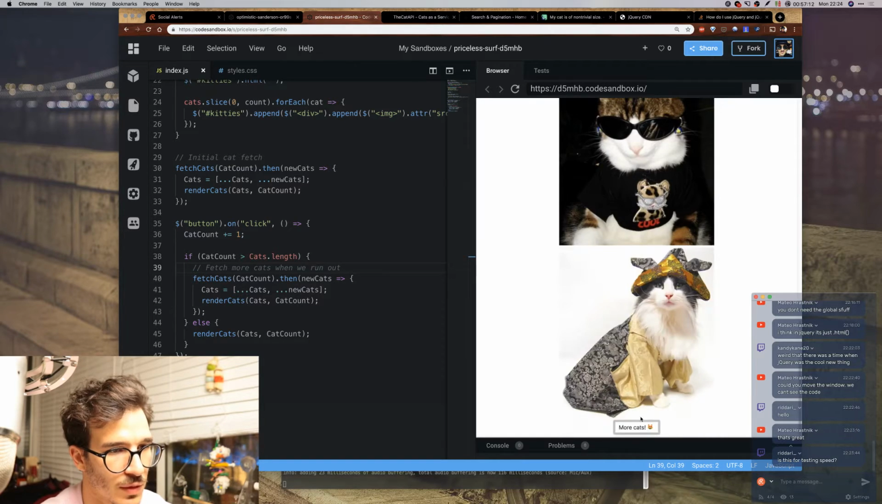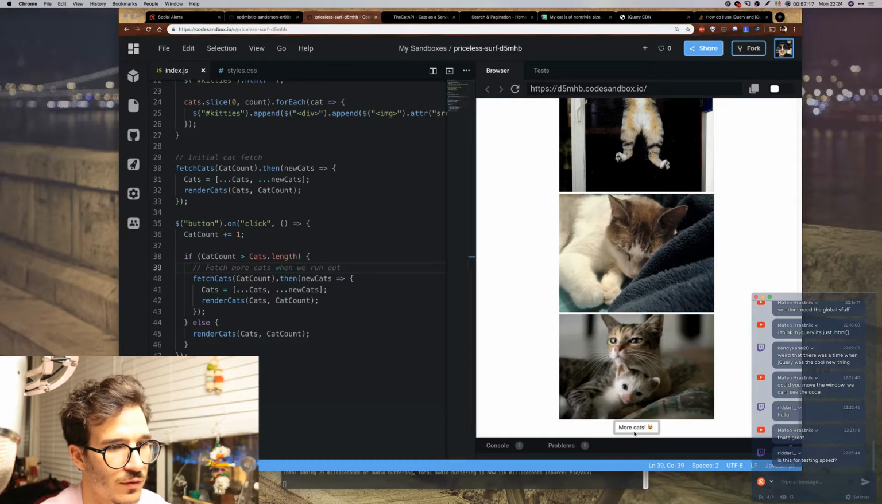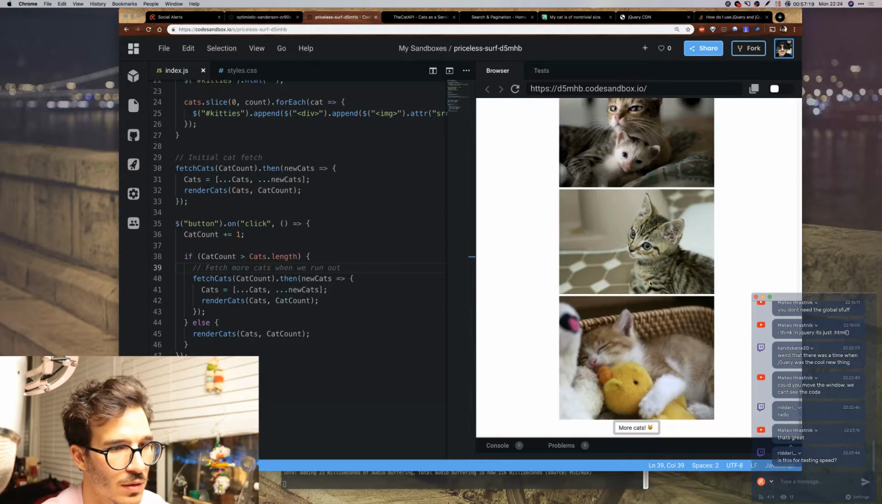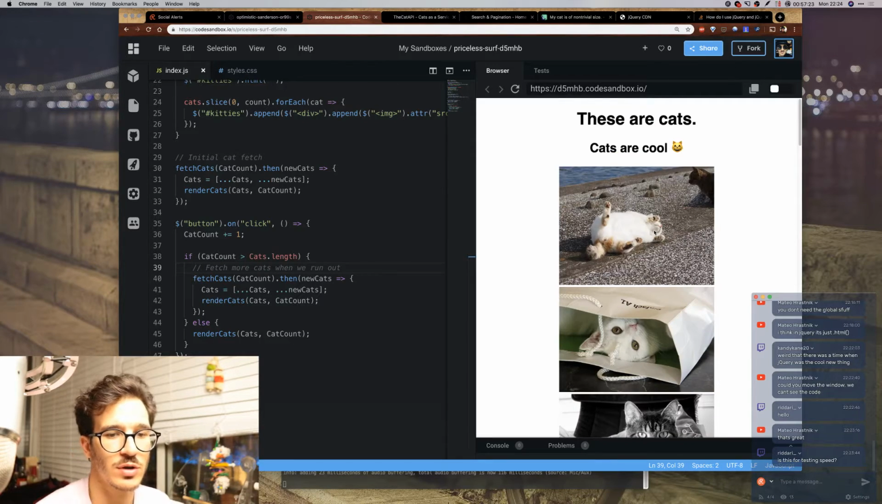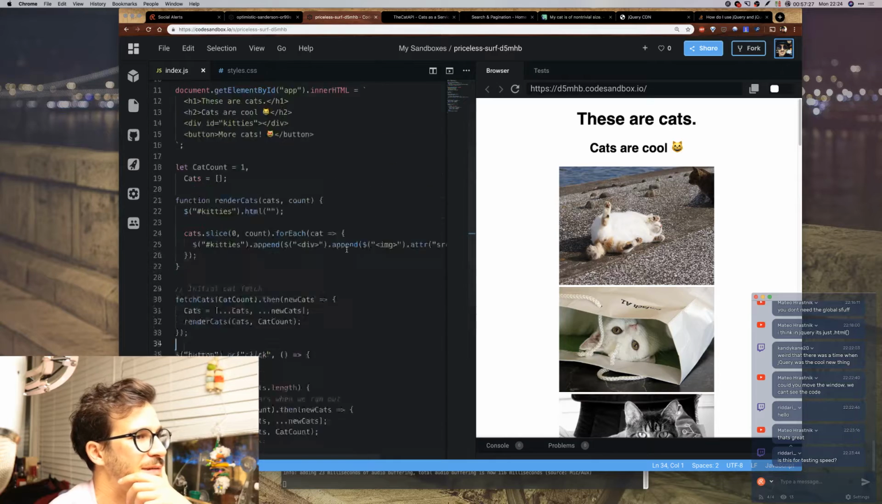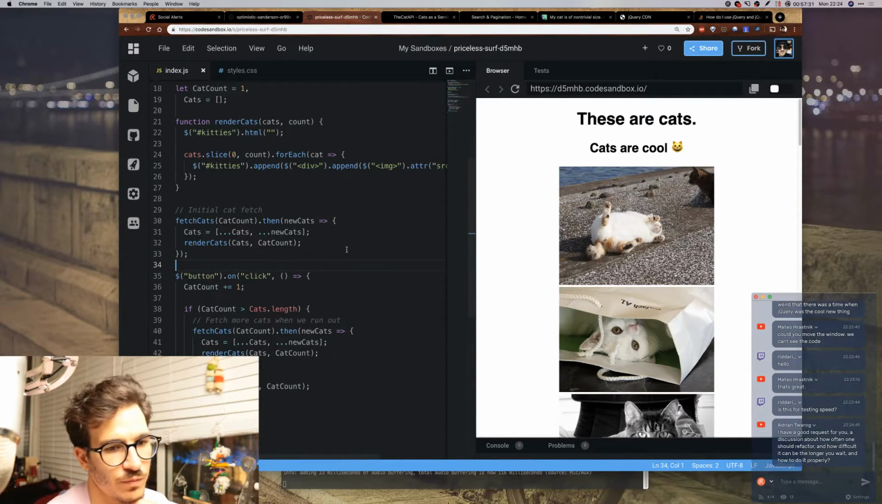Cool. So this seems to work pretty conveniently. Sweet. Okay, so that works. We got an example with